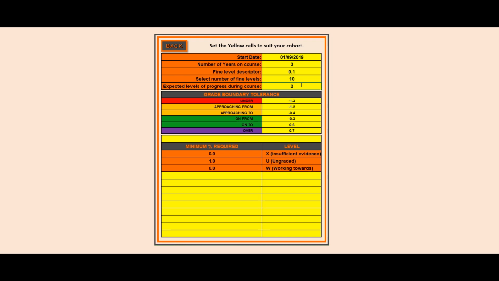end of year 11. So here we have the grade boundary tolerance, and what this means is it's going to come up with their grades and their results, and it's going to color code them. So red means they are under where they should be by that point or by the end of the course, but we can have a tolerance, so that's less. So to be under, if they are minus 1.3 of a level where they should be, it will show up as red, but if they're only minus 1.2 of a level away, they'll be amber because that's where they're approaching. So here you can see what constitutes them being under their target, approaching their target, on target, and then over